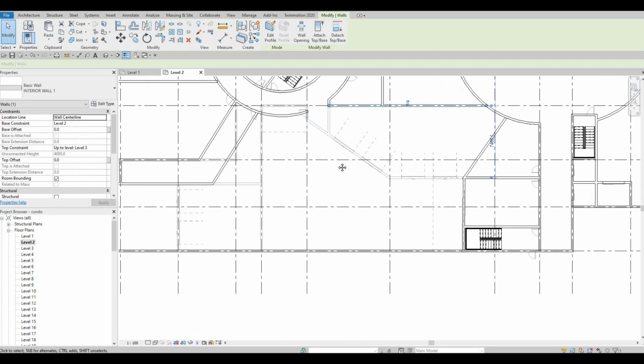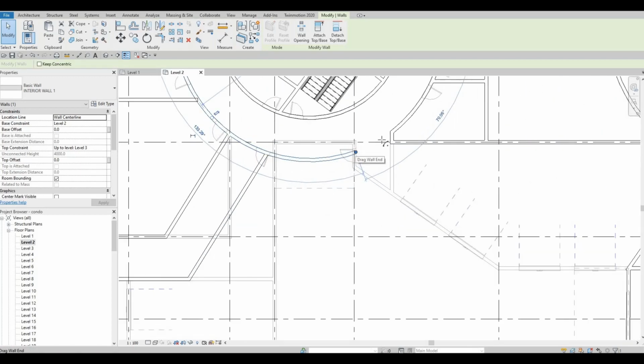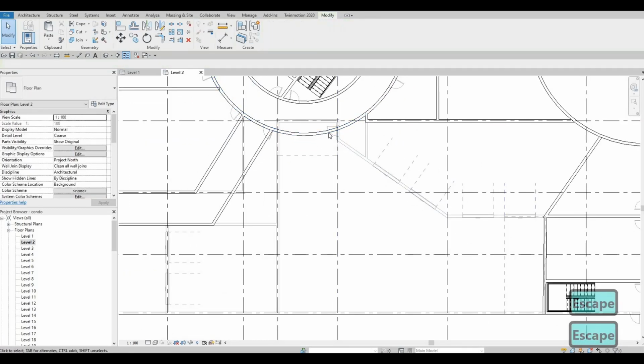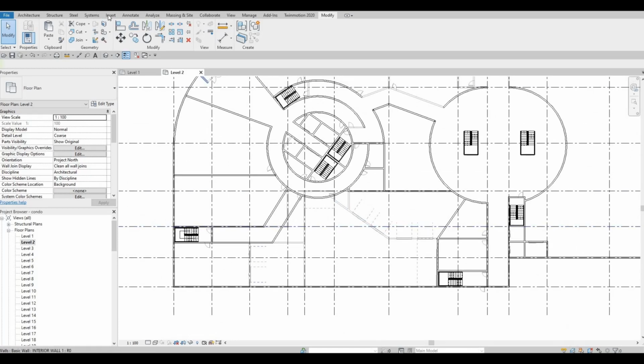Then we need more because there's gonna be more retail space. So we could just join them all together, and then we could just open up later on. So here,